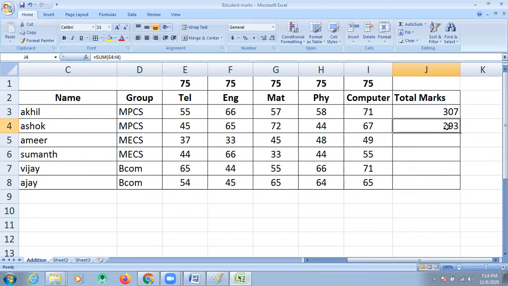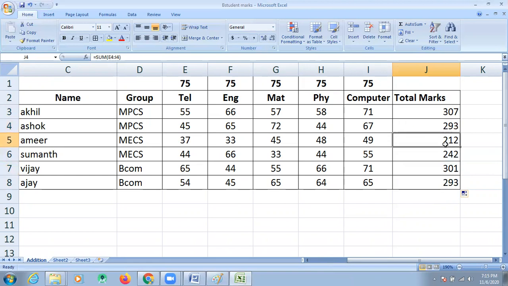I selected this one, and if you move the mouse pointer to here, a small plus sign appears. Then click on that and drag down. Look here, automatically, this is nothing but the autofill option. Autofill means the formula will be copied to the other cells.